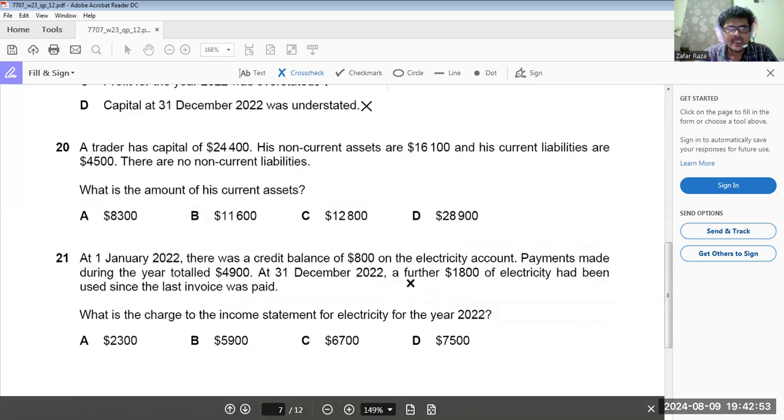Okay. 20. A trader has a capital of 24,400, his non-current assets are 16,100 and his current liabilities are 4,500. What is the amount of his current assets? Here we can use this equation: current assets plus fixed assets is equal to current liabilities plus long-term liabilities plus capital. Using this equation, we can easily calculate. Now, there are no long-term liabilities. So what we do, we are going to add,